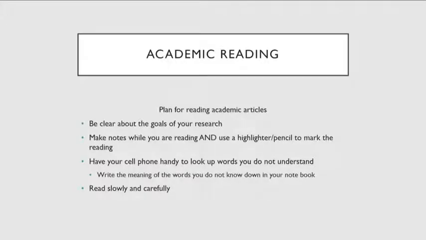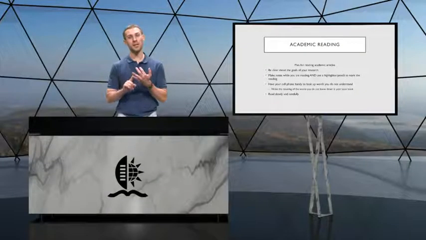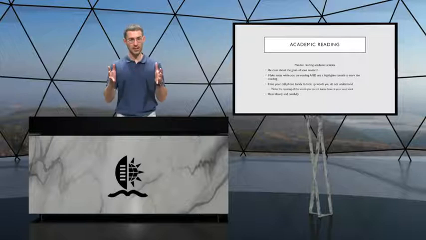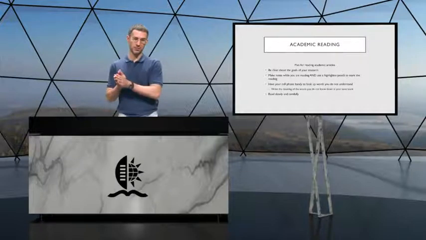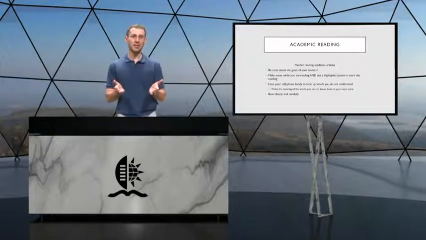The first and most important thing is that academic reading is not like any other reading you will do. You're going to spend a lot of time taking little bits of reading and making sure that you understand them fully. So academic reading is a slow type of reading. It's where you take your time to make sure that you have understood all of the words that you're going to encounter, that you understand what those words mean when they're next to other words, so that you understand where the person who is writing this is going. There's always an aim with the reading that you're going to be doing.